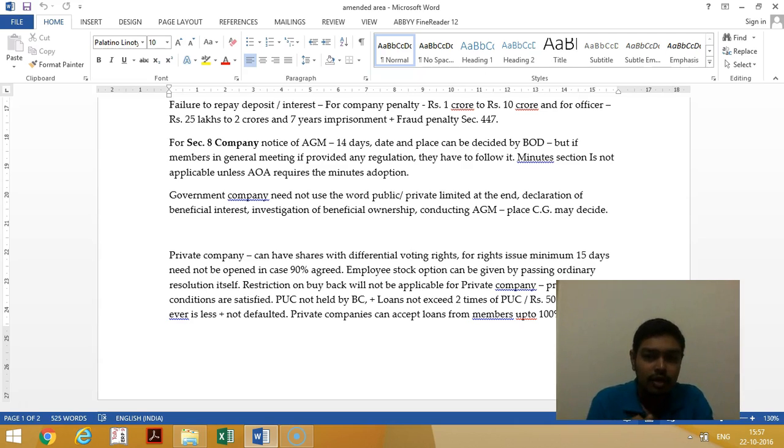Then the sections relating to beneficial interest and investigation of beneficial ownership are not applicable to a government company. That beneficial ownership section itself is not applicable to a government company. Then for conducting the AGM, the place can be decided by the board in consultation with the central government. So where the government company's AGM will be conducted will be decided by the central government also. Now next,